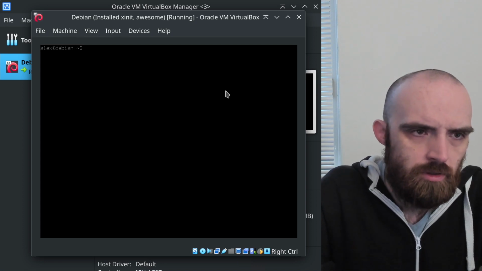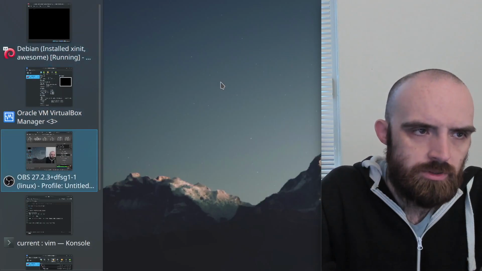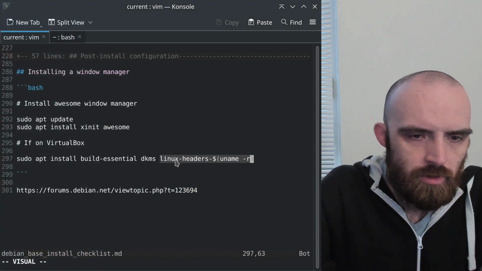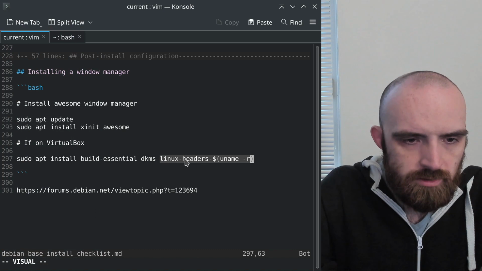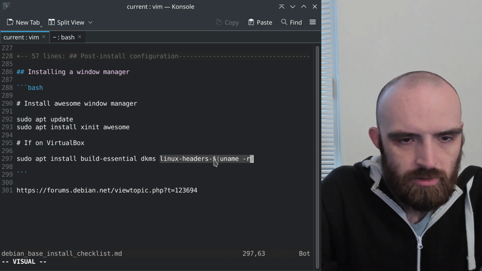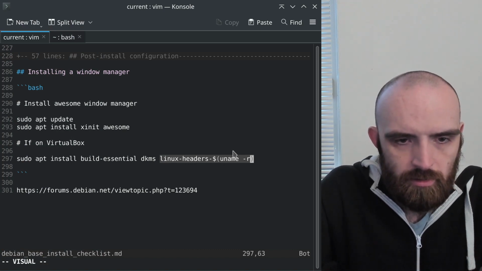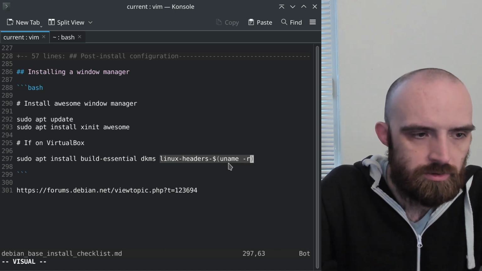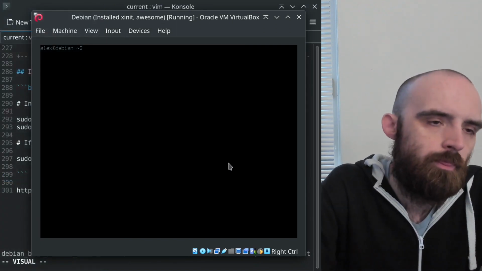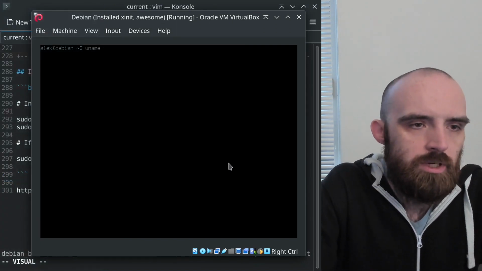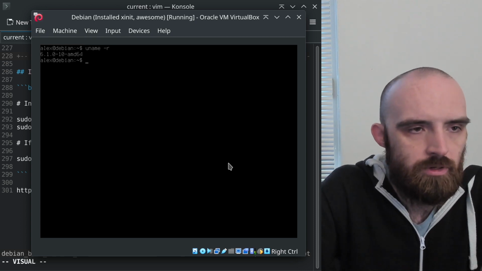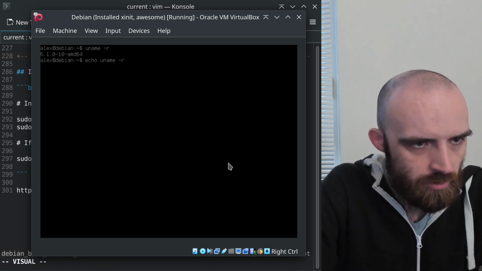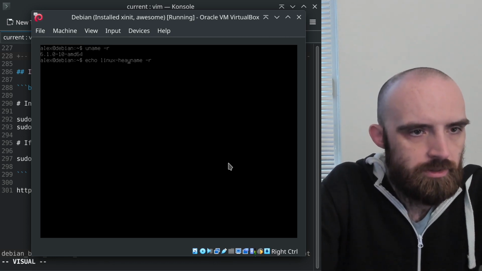So let me see. I definitely remember that linux-headers- and then in the command substitution uname -r needs to be run. uname -r by itself outputs the kernel version. So if we just go echo linux-headers-